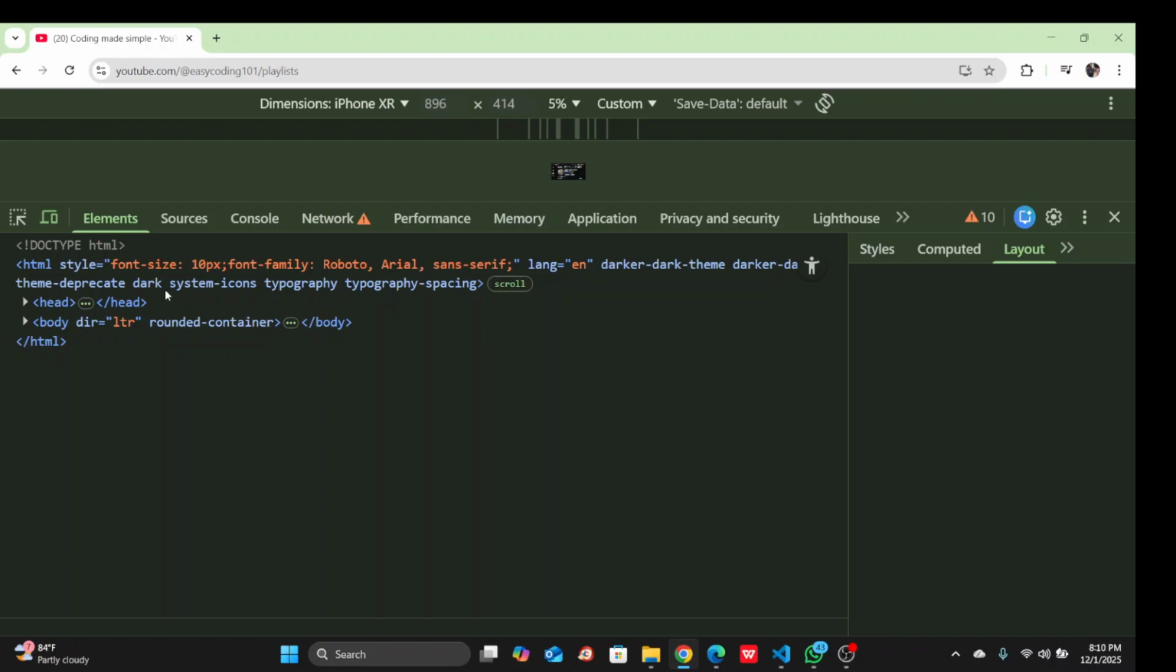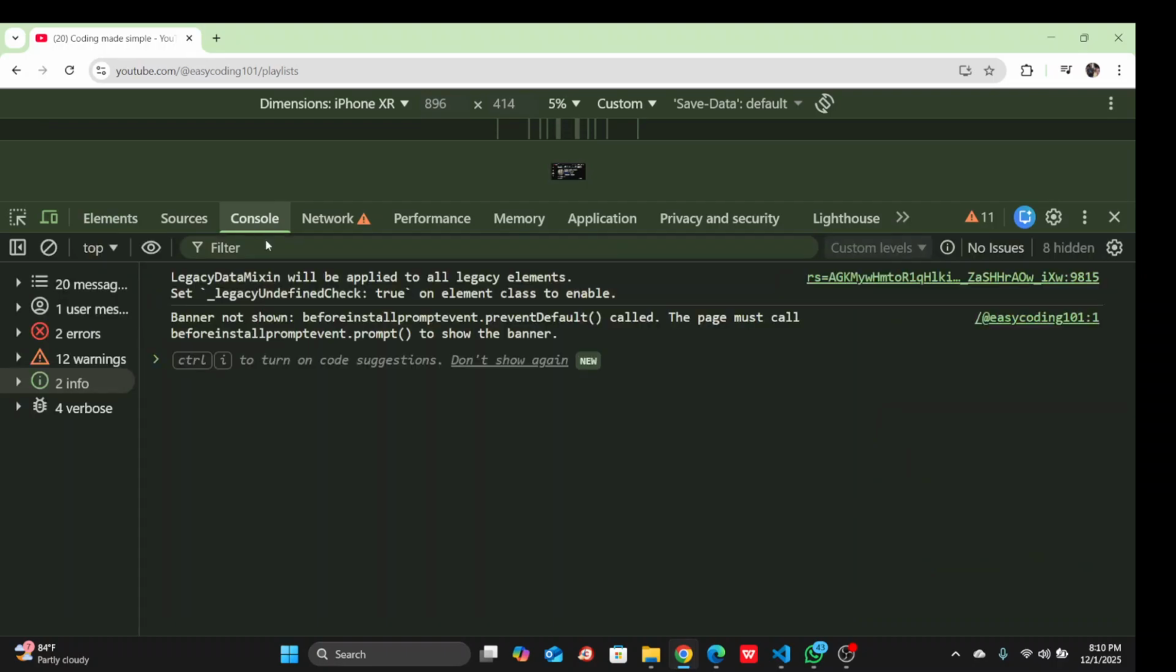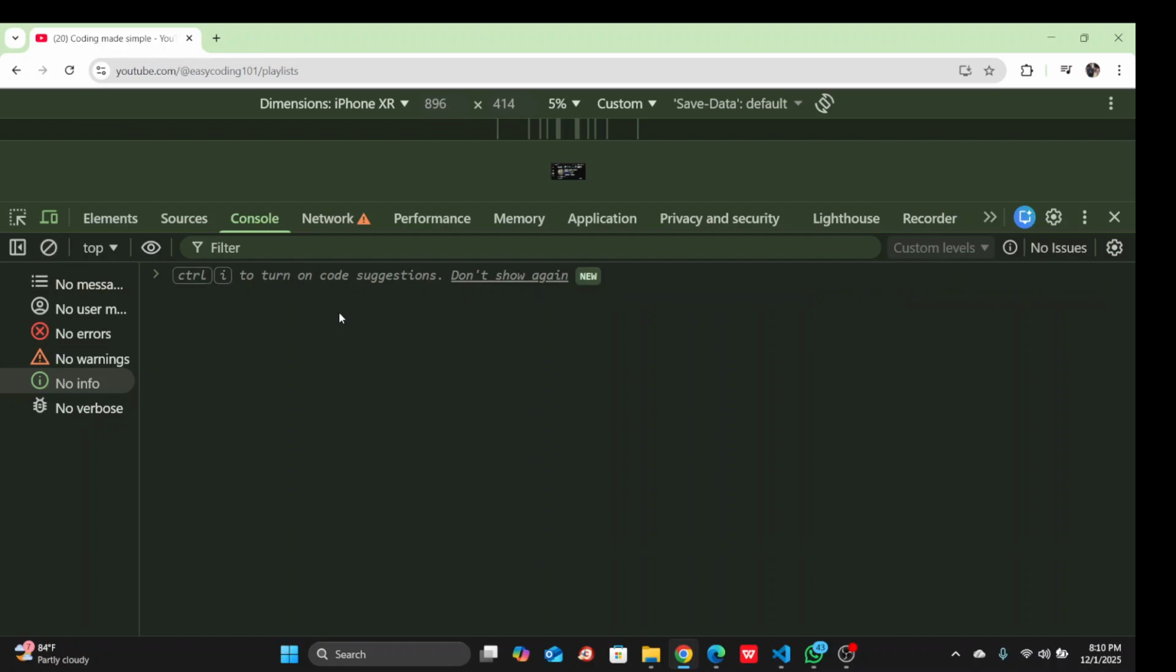You can see this is the HTML. We have the source, where we can also write our code. So this is the console. We can write many things inside our console. So I want to clear my screen. If I click here, it will clear the screen. So now,